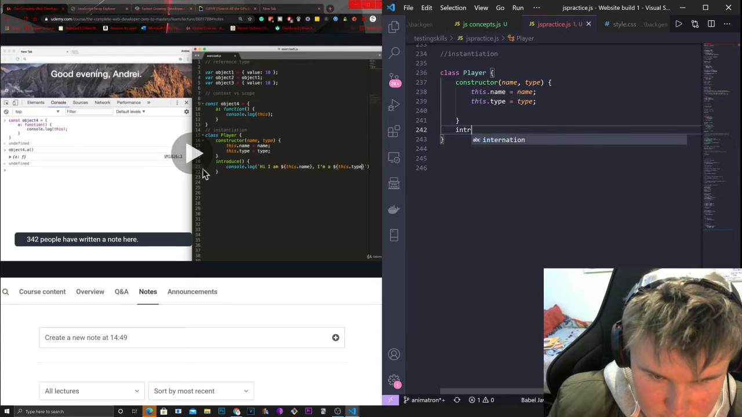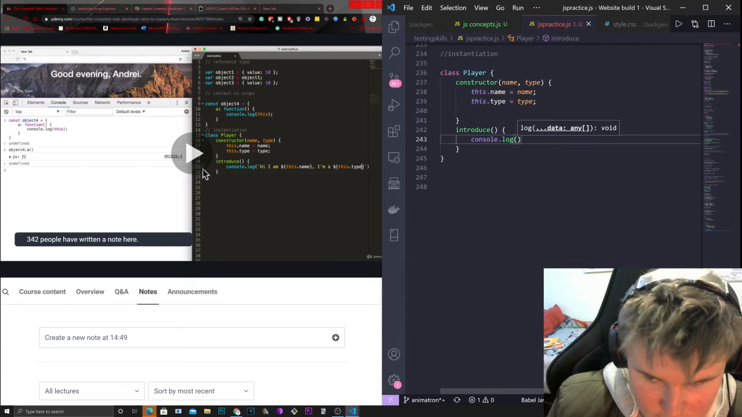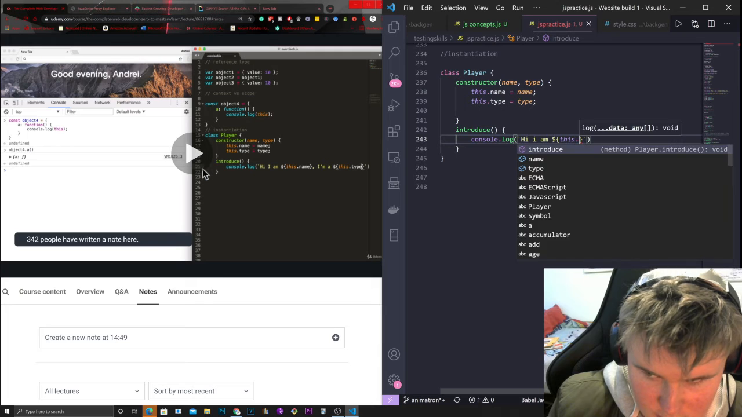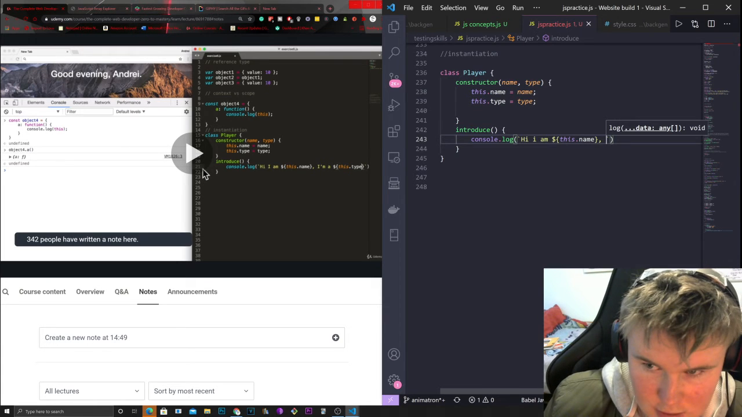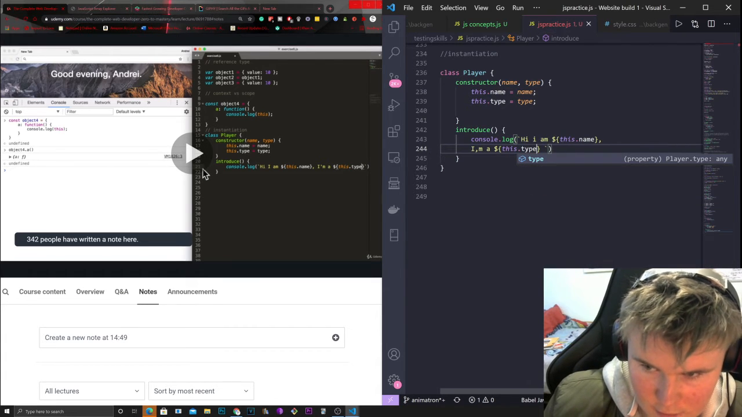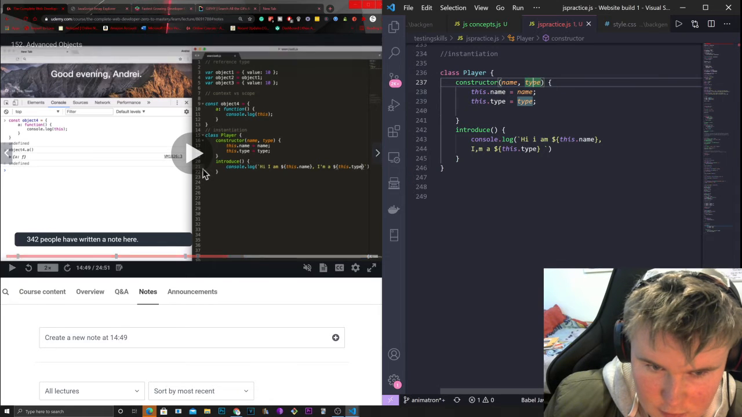And now if we do introduce, we call that, we use curly brackets, console.log, and we'll have template strings, "Hi, I am", with dollar signs, and we'll pass values this.name, so we're referencing this object, this.name, the property of name in this object, which is the value that we'll pass to it. Then next line, "I'm", then dollar sign this.type, which is equal to type, and we're given that value when we call it. So now if we do introduce, which will console.log that,